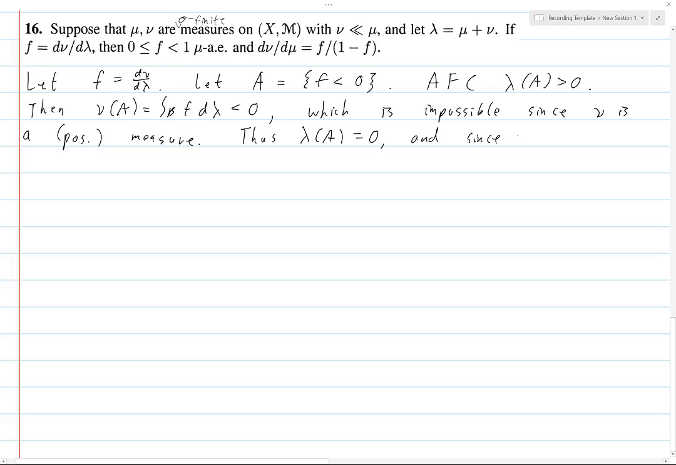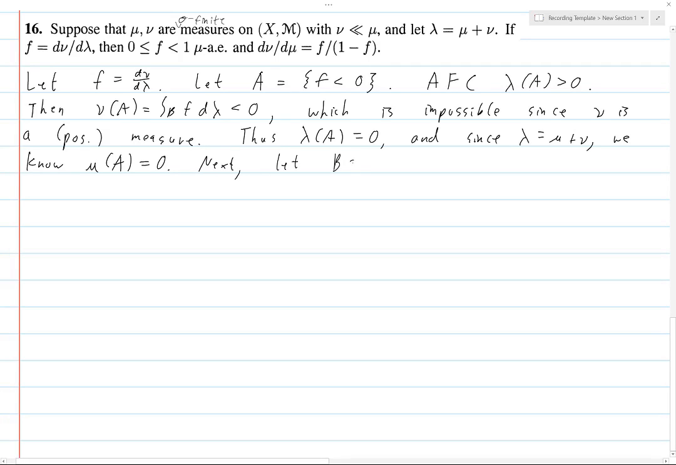And since lambda equals mu plus nu, we know that mu of A is equal to 0 because nu is a positive measure, so it can only add to the measure. Anyway, so that takes care of showing that f is greater than or equal to 0 mu almost everywhere. So let's see here. Next,